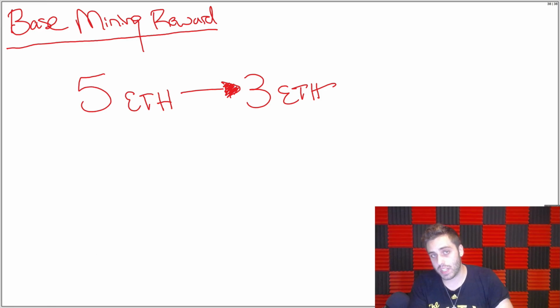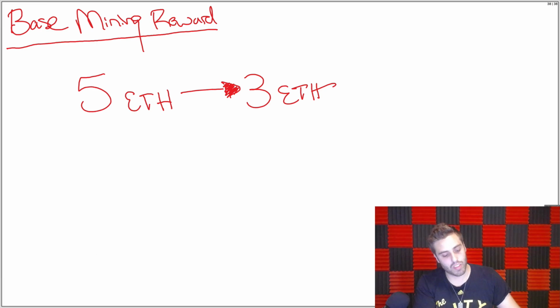Because Metropolis is being split into 2 hard forks and the ice age is being delayed, the miners would actually be making more ether than anticipated because it's going to take longer to get to proof of stake. So they're saying that, well, we'll just reduce the base mining reward so that miners will be making the same amount of total ether as they would have anticipated. I do not know how much I buy that explanation.